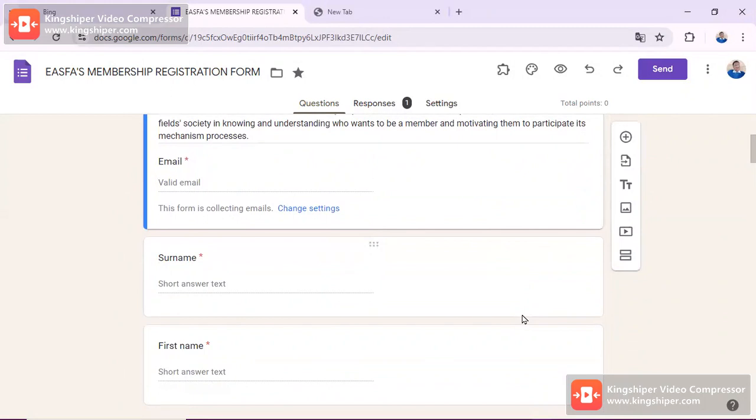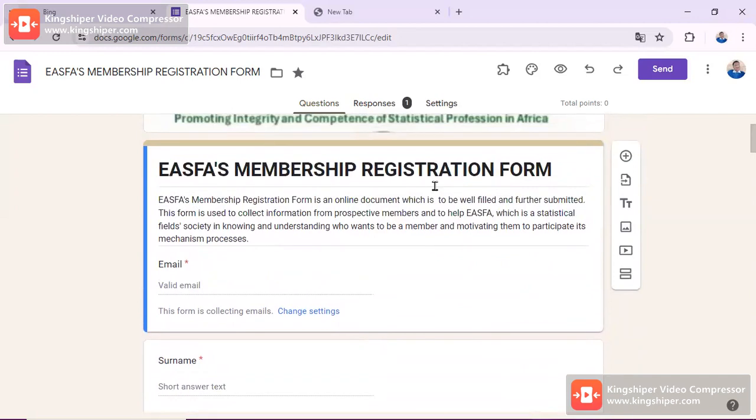And also the filled form might reach a moderator, let me say me, who created this Google form with a theme of the ASFA's membership registration form.